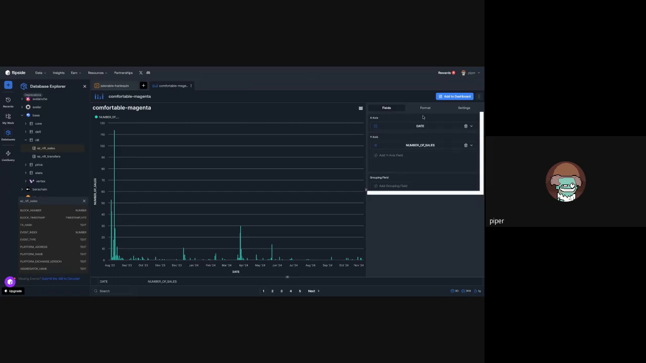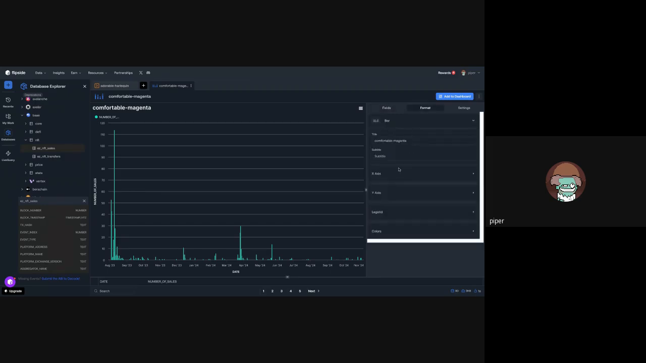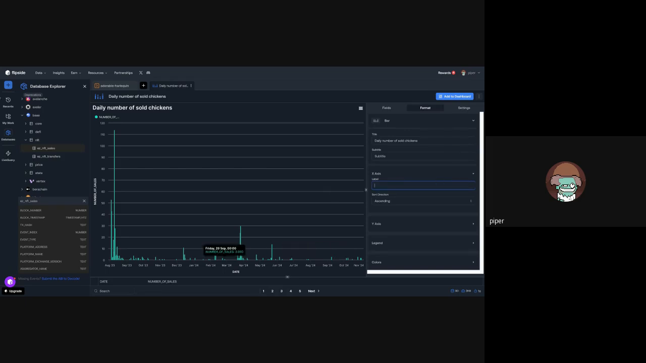Yeah. So what we see here on the right side is also the possibility then to format stuff a bit. We can name this chart. In this case, it's daily number of sold chickens. Subtitle, skip. X-axis is, so we see on the left number of sales, and this is directly how it was